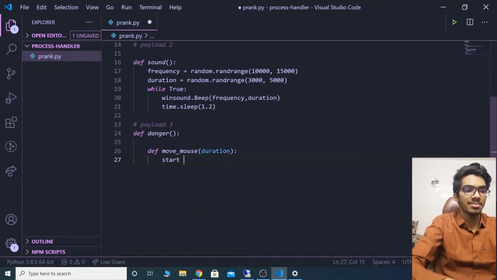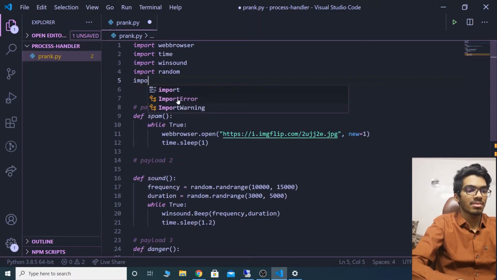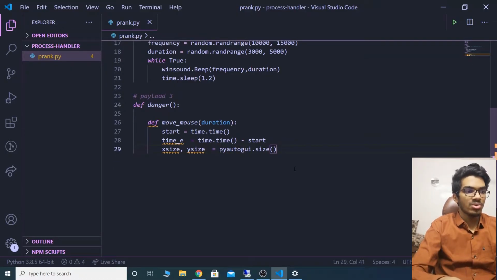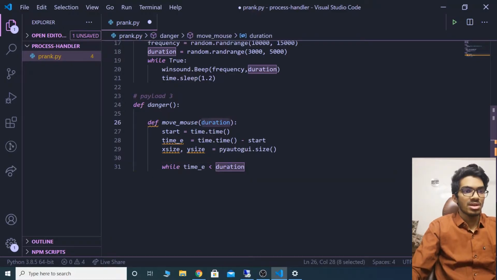And then we'll do a start. For this we'll have time.time, and then we'll have a time_elapsed, which we'll set equal to time.time minus where we started. Now after this we need to get the size of the user's screen, so I'm just going to say x_size and y_size equal to pyautogui.size. I haven't imported this module yet, so I need to import pyautogui. Now let me copy this, pyautogui.size. All right, so we get the size of the user's screen. Now what we have to do is, while time_elapsed is less than the duration which we passed in,